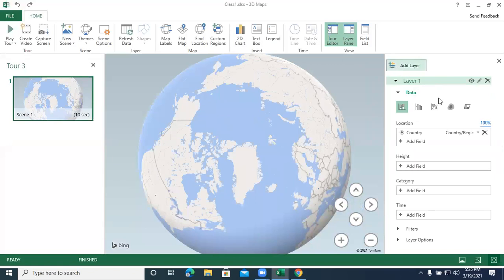And I'm getting this add layers dialog box, the locations, and you have to highlight this by dragging and dropping to the particular field.